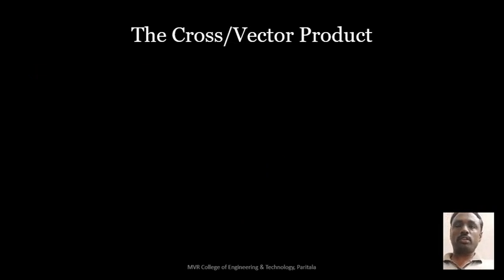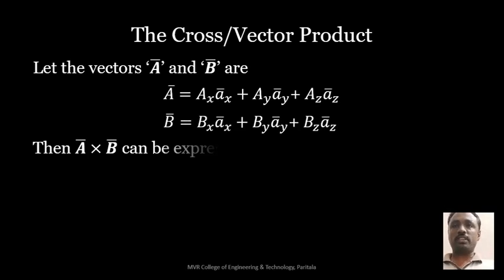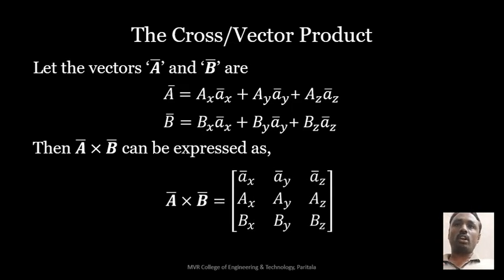So next one. Now we know the vector A bar is nothing but Ax bar plus Ay bar plus Az bar. Similarly, B bar is equal to Bx bar plus By bar plus Bz bar. How can you identify the cross product between them mathematically if you know the complete vectors? So this is the way. Modulus of the unit vectors in the direction of x, y, z. What are those?